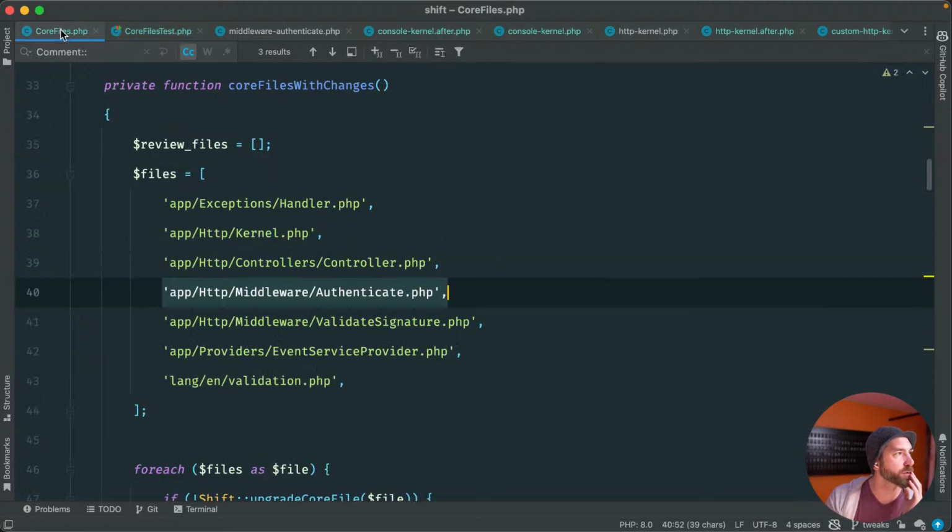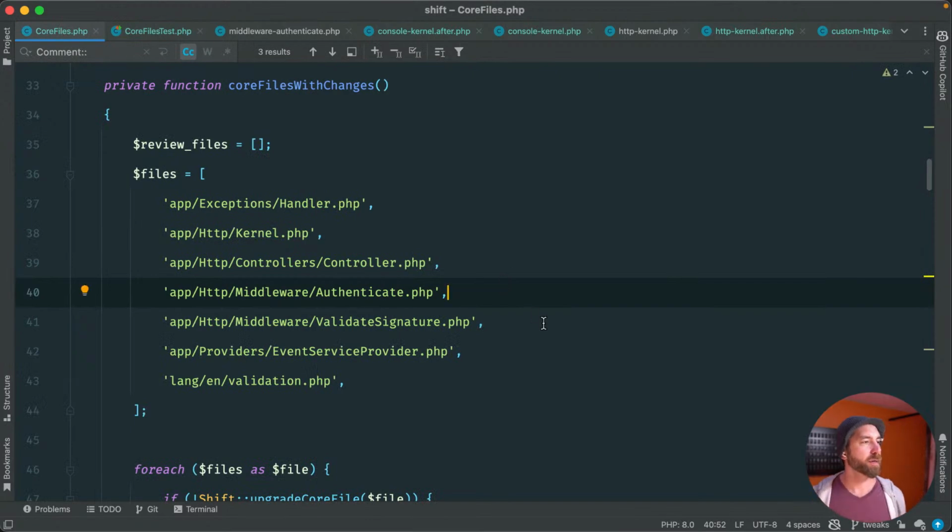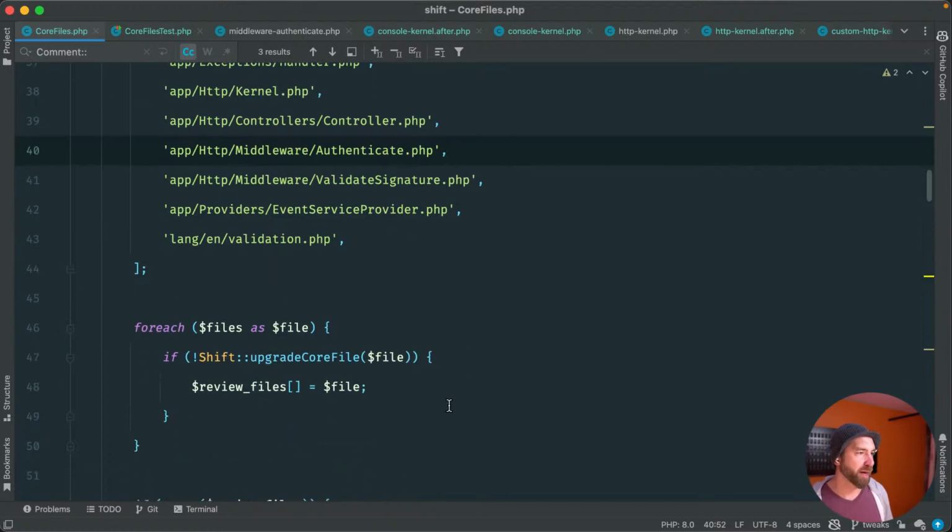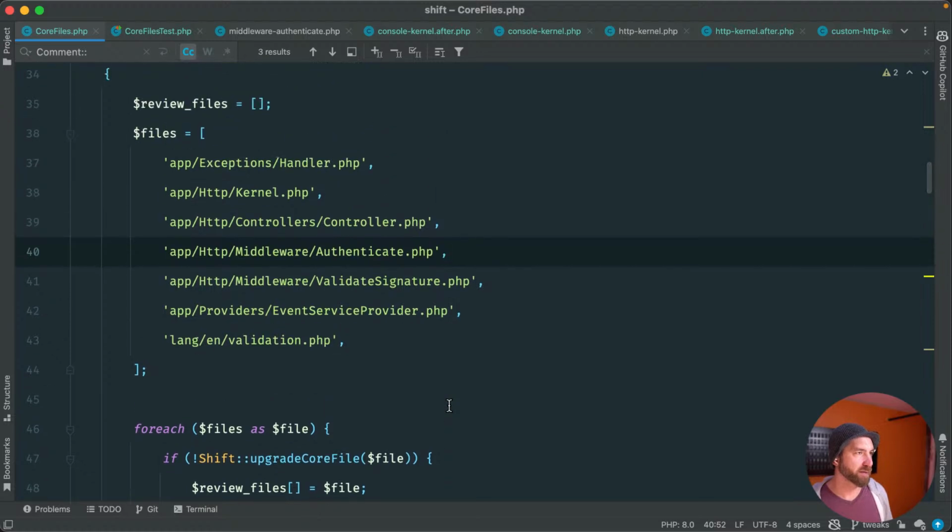The right solution, if we loop over this and we can't upgrade the core file, we could compare it against,